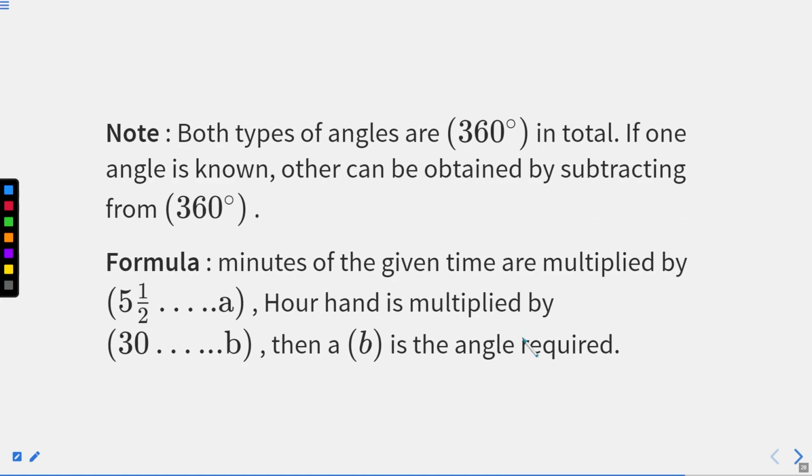Now, make a note. Both types of angles are 360 in total. You all are aware of this, right? In a minute, the distance reduces by 5.5 degrees, or we use it as 11/2 degrees. 30B, then B is the angle required. I hope you are comfortable till here, right? Now,